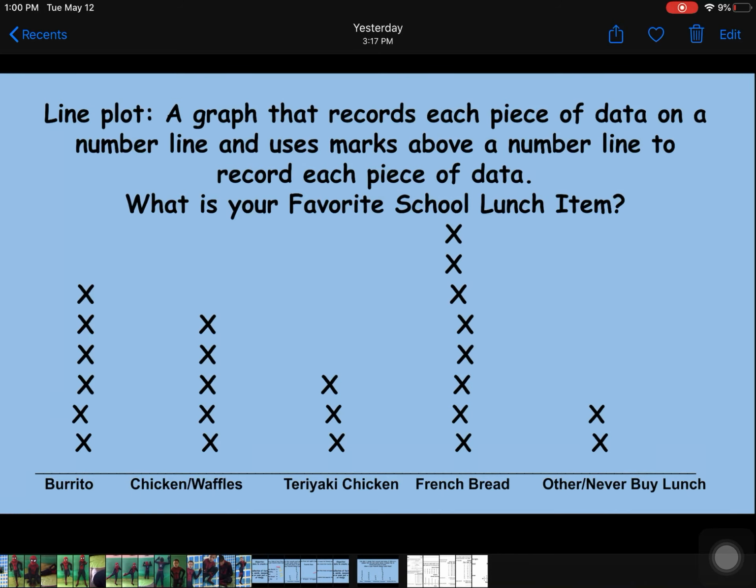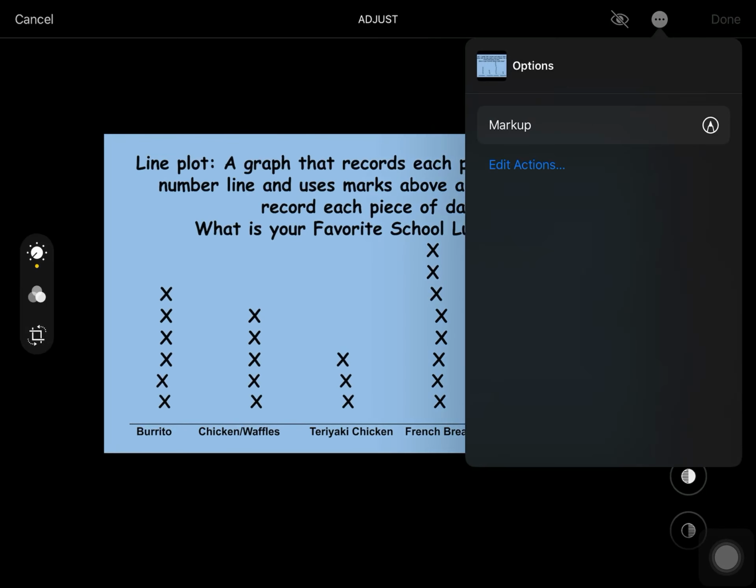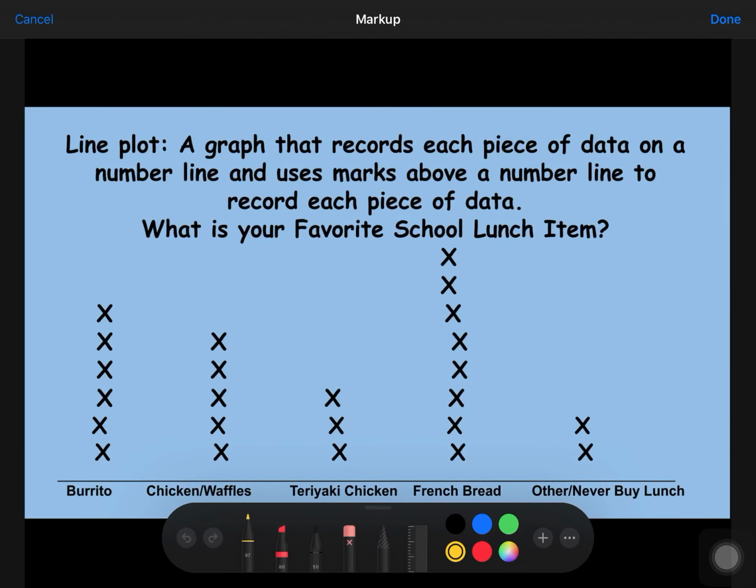The title of this line plot is, what is your favorite school lunch item? And you can always see the title here, because it will say it for you. What is your favorite school lunch item? All right. And the school lunch items that I asked were burrito, chicken and waffles, teriyaki chicken, French bread, or I never buy lunch. So for burrito,